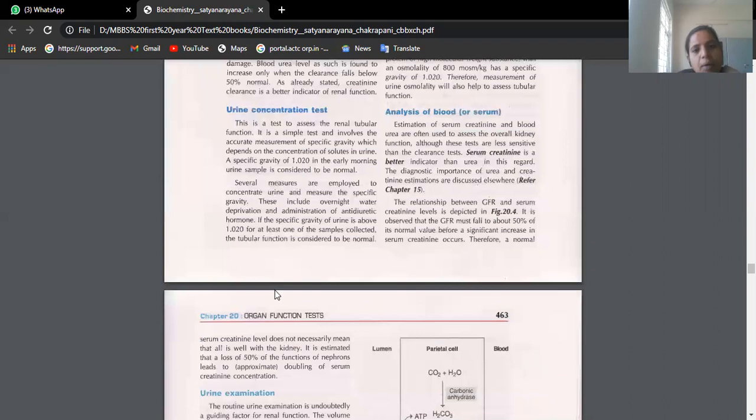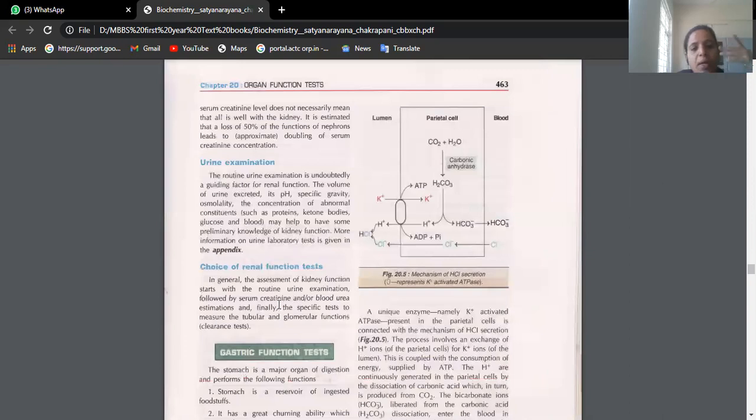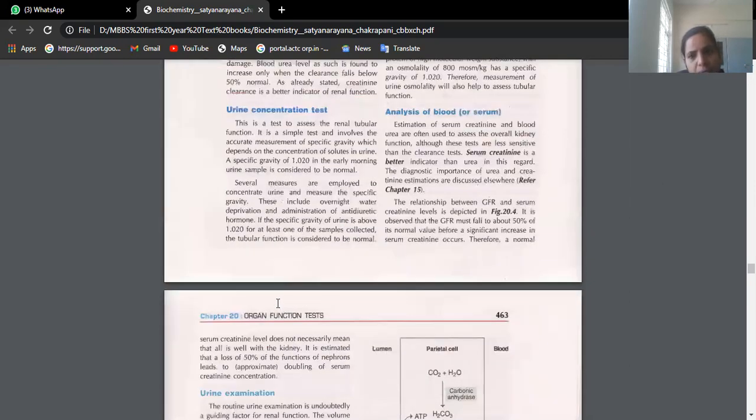Apart from that, we can also go with other things like physical examination of urine. So the normal color of urine will be light yellow, amber colored. Suppose if the color of urine is becoming dark yellow, it may be jaundice. That will be given somewhere here, beta. We will see that also. Physical examination.